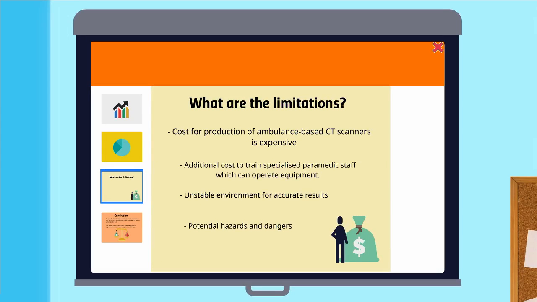However, there are also several limitations surrounding the use of imaging scanners in ambulances. Firstly, the production and installation cost of imaging devices in ambulances is very expensive. The cost ranges from somewhere between $60,000 to $300,000 per ambulance, excluding the maintenance cost. Thereby, widespread application of these devices would be very costly to the health industry if ambulances specialized in strokes were